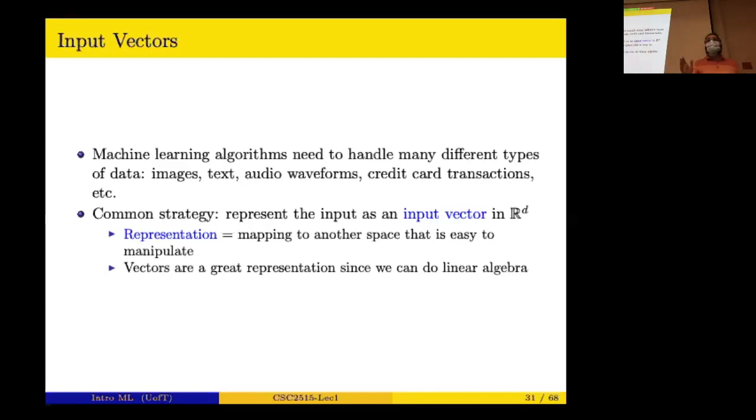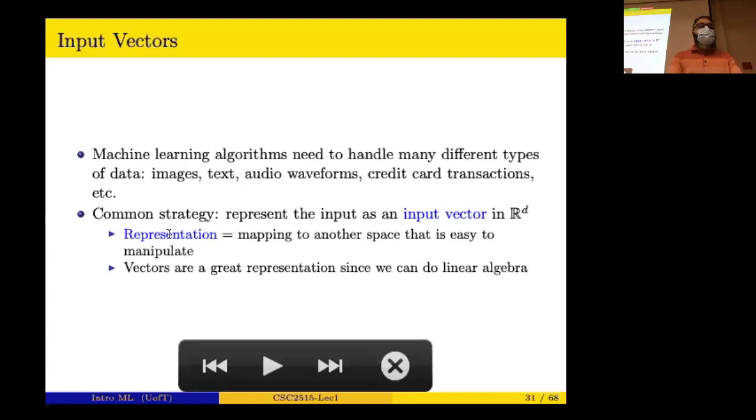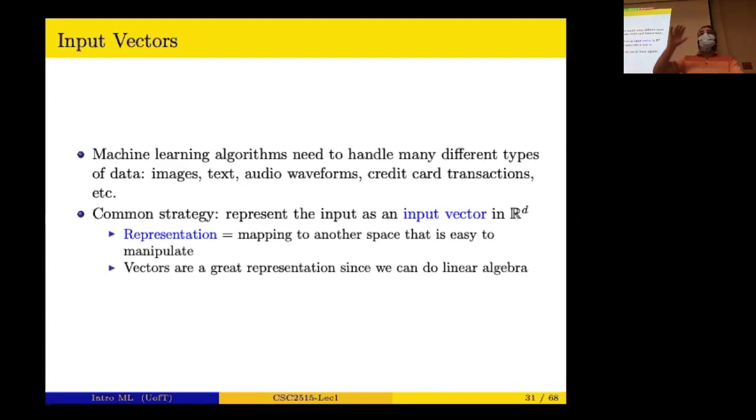So this is the strategy that takes you through this course. This is sometimes called the representation of that input. So that matrix that we had, if we convert it to a vector for an image, that would be a representation of that image in the computer to be used by a machine learning method.